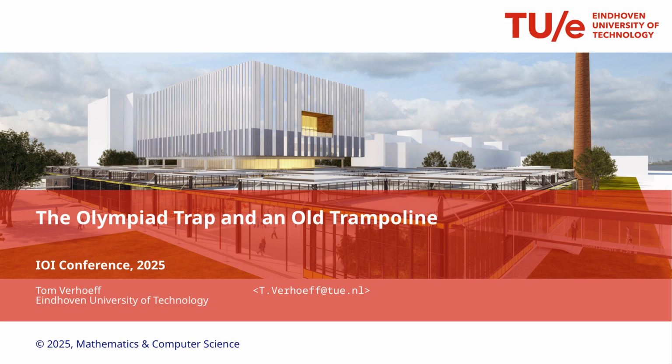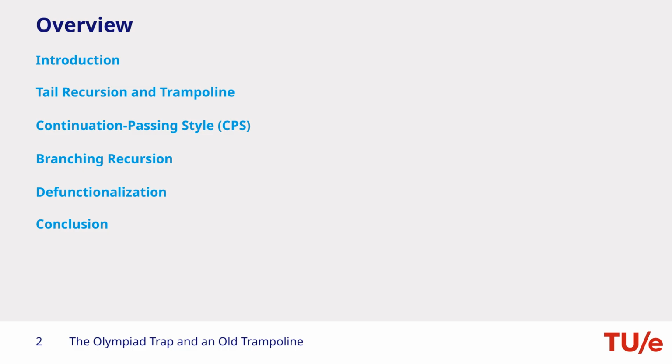Dear IOI friends, my name is Tom Verhoef, and I will tell you about the Olympiad trap and an old trampoline. After a short introduction, I will explain how a trampoline can be used to turn tail recursive function definitions into a loop, and how continuation passing style can be used to turn general recursive definitions, including branching recursion, into